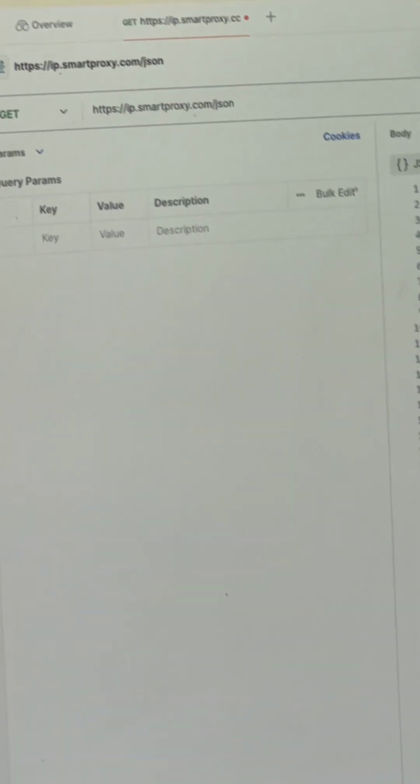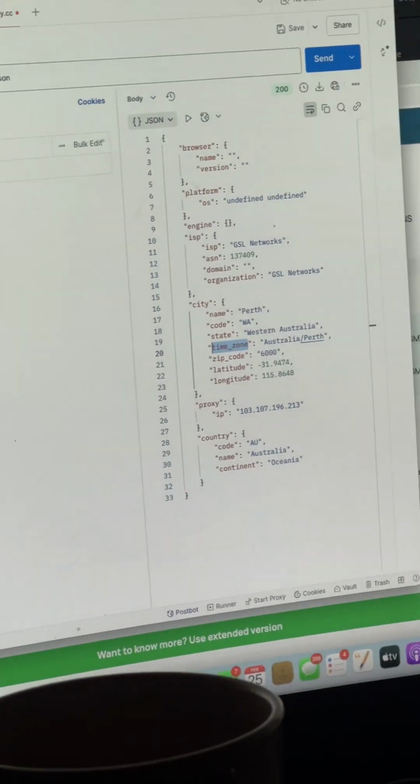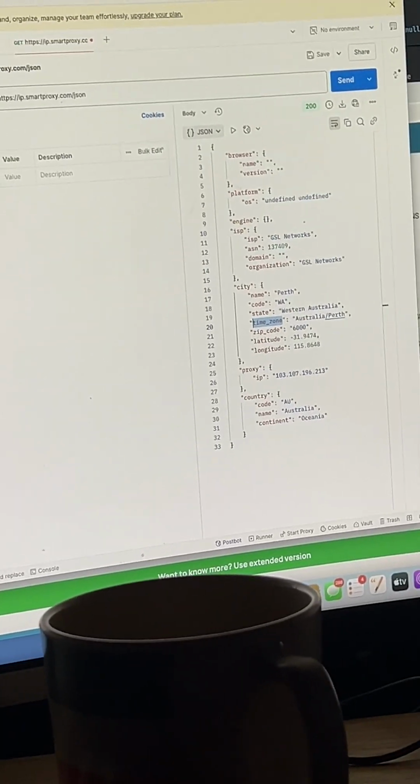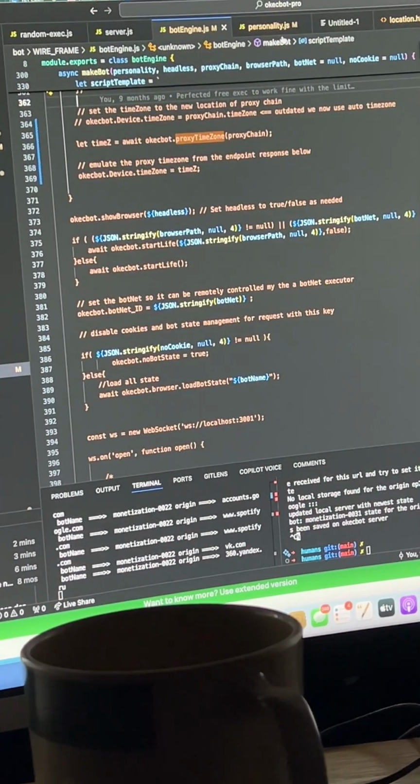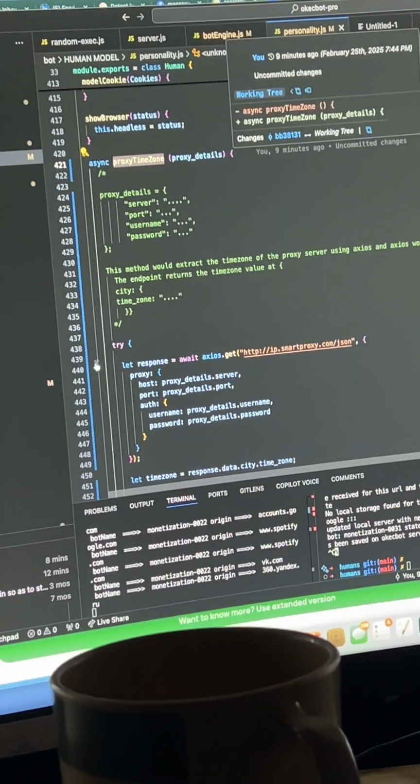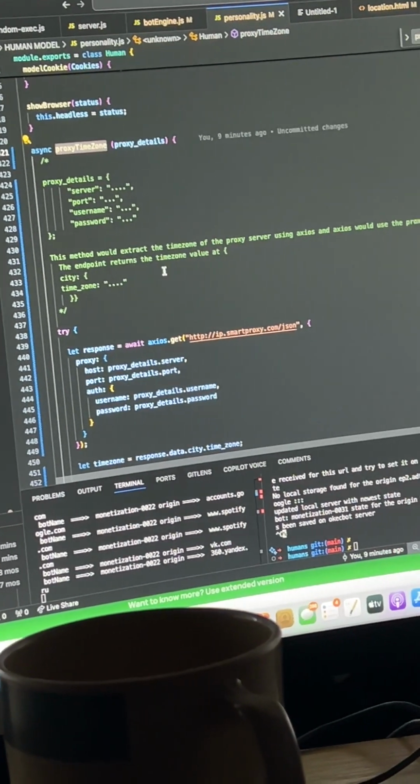So this is an endpoint. This endpoint actually gives you a time zone, right? So this is an endpoint from Smart Proxy. What this endpoint does is whenever you call it, it tells you what your time zone is. So using this endpoint, I've been able to add a little update to OkecBot. Like for instance, if you check here, you can see that this method would extract the time zone of the